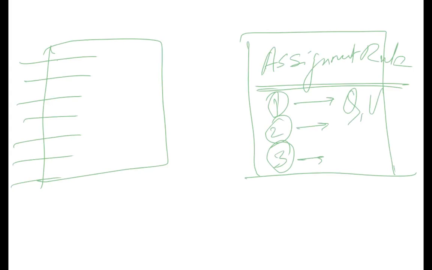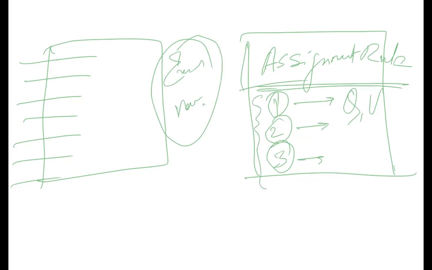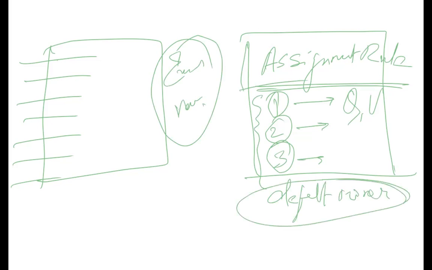We'll see this. This assignment rule is only applicable for email to case and web to case because these are automatic ways. When you are doing it manually, you already have an owner. There is no need for that. If these are not able to assign the case, then there is a default owner in Salesforce. That owner becomes the owner of the case. This is applicable for the automatic case creation.